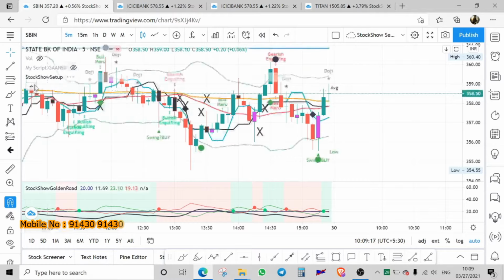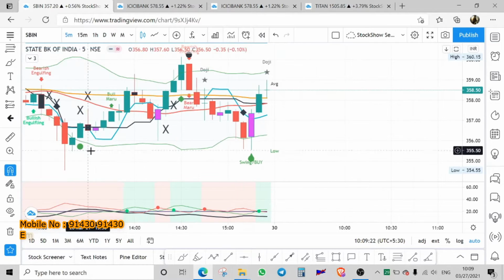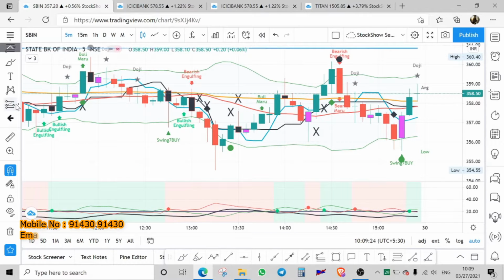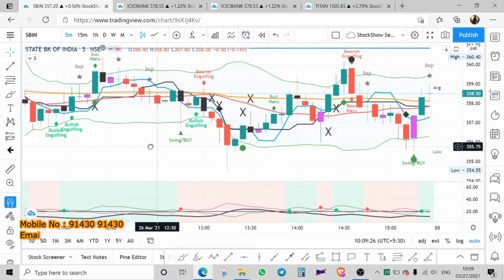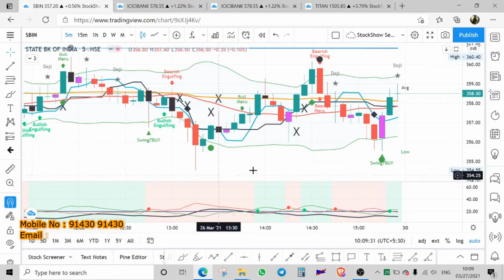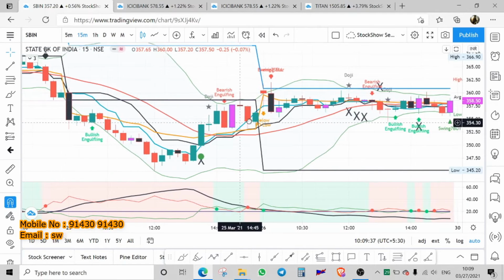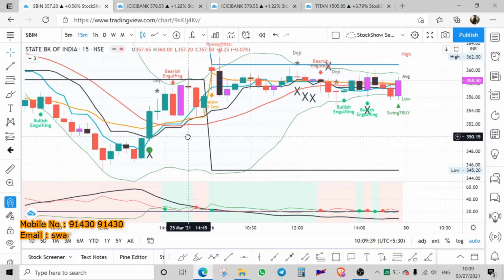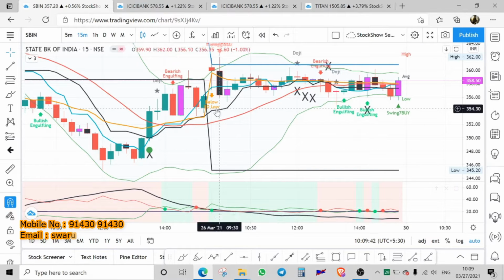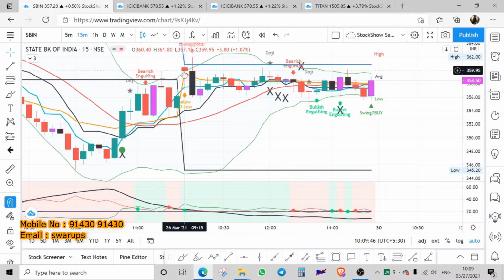Now how to trade in the downtrend? Let me switch on our setup again, and I will take you through how it is to be done. This is our usual Stock Show setup. We all know the Nikala and other rules. Now using that rule, on 26th, let's say it's a 15-minute chart, the Bank Nifty has gapped up. From here to here, there is a big gap, right? There is no other candle.